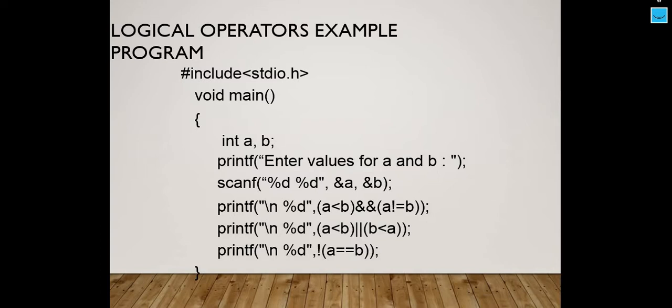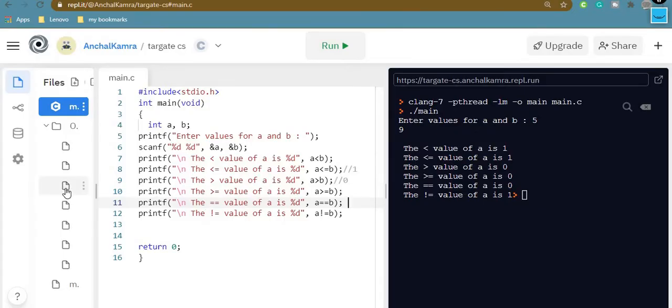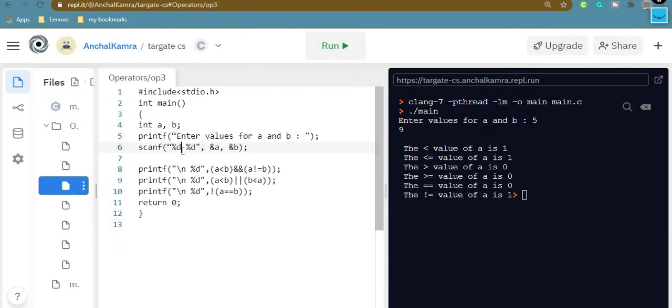As always, we are taking the two values of a and b from the user, and then we are trying to execute these three statements. Now if we talk about the third printf statement, that is the last printf statement, over here you are checking not of a equal to b. So if a equal to b is true, not of that will result in false. Understand that? So let's start directly. I am running it over the IDE. Let's start with the execution directly. So this is our code.